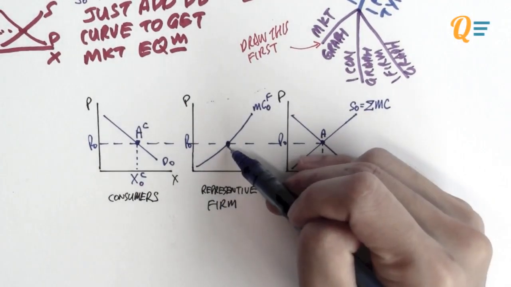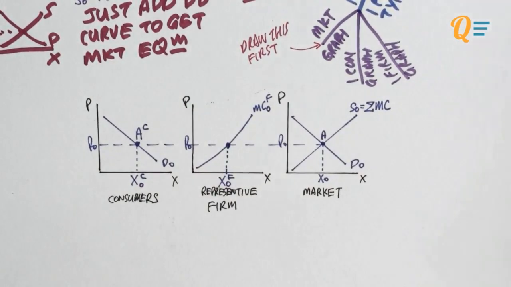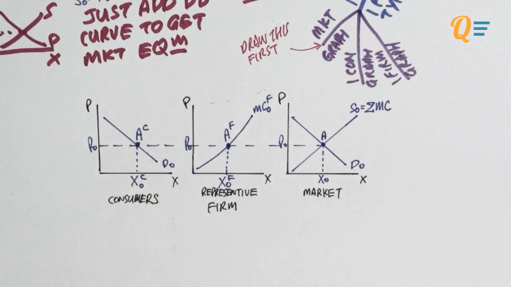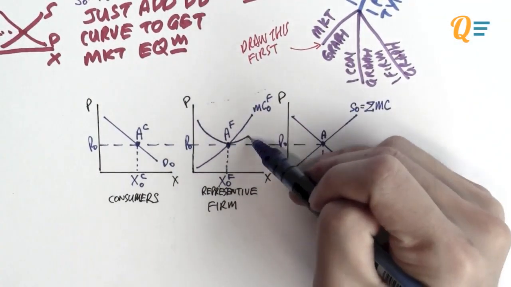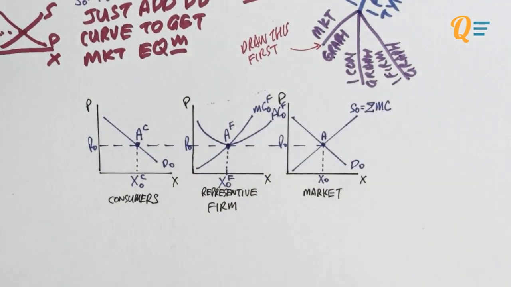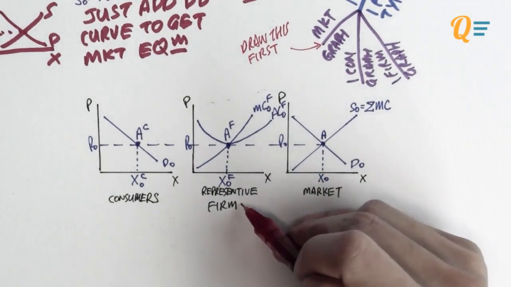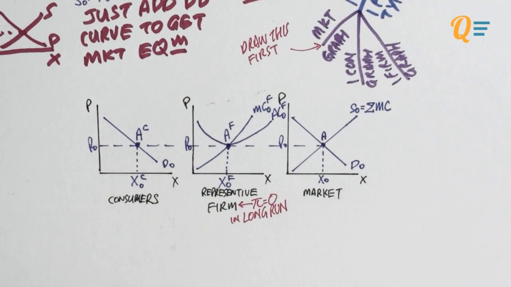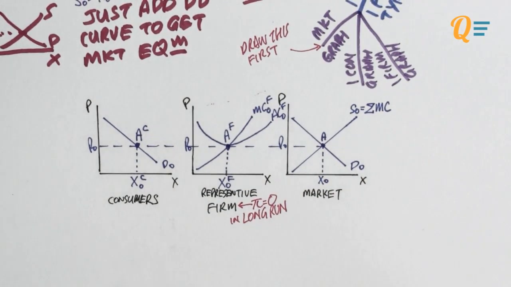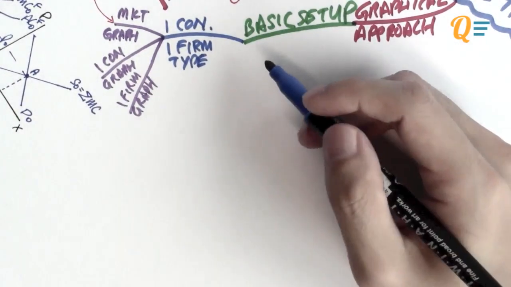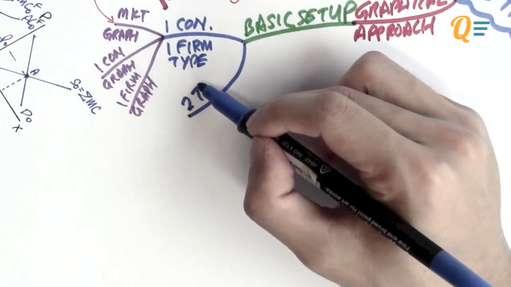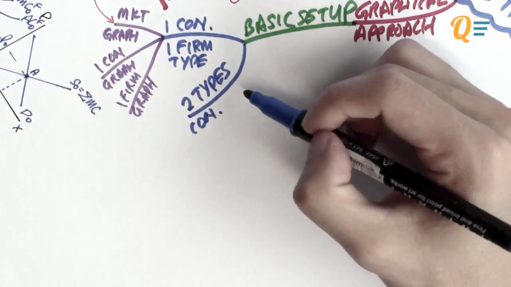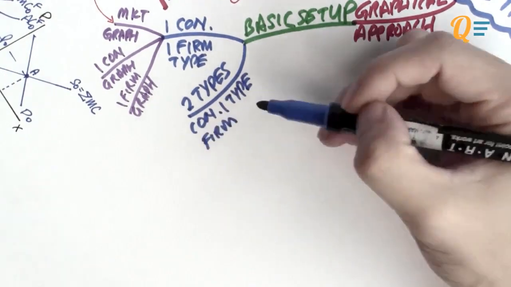That's the marginal cost. So at P equals MC, the firm is producing X naught F, and the firm is at AF, right? So to ensure that they have got zero profits, because that's the nature of a perfectly competitive firm, we have to draw the average cost curve at where point A is. So point A is also where the minimum AC is, and that is because a perfectly competitive firm cannot have any profits in the long run. So you are actually, technically speaking, beginning in the long run.